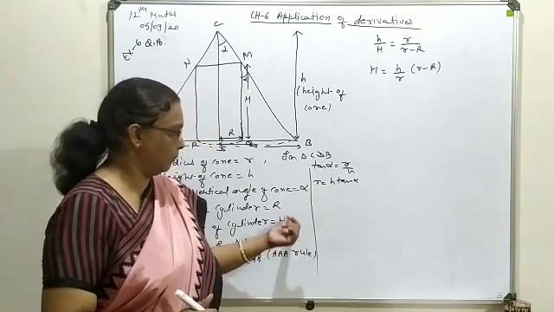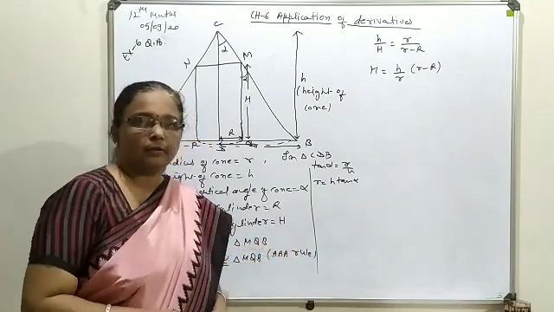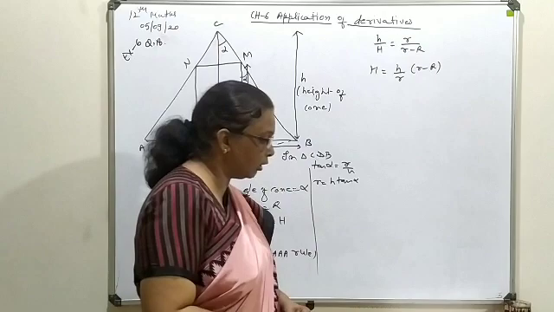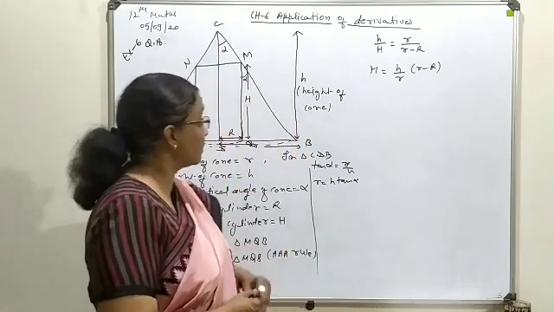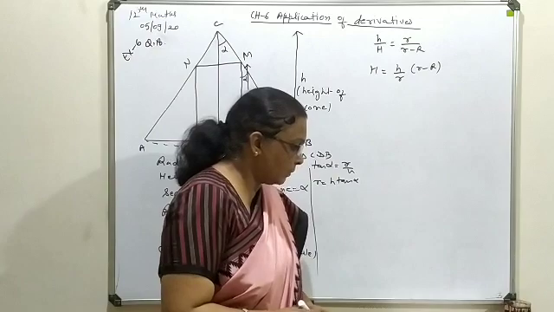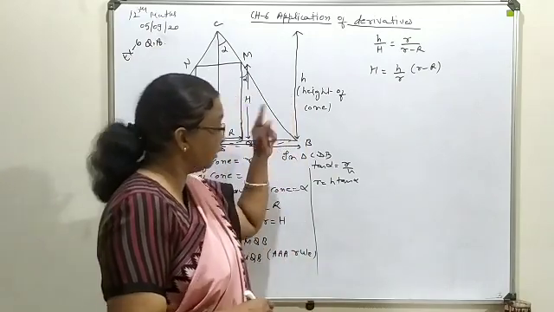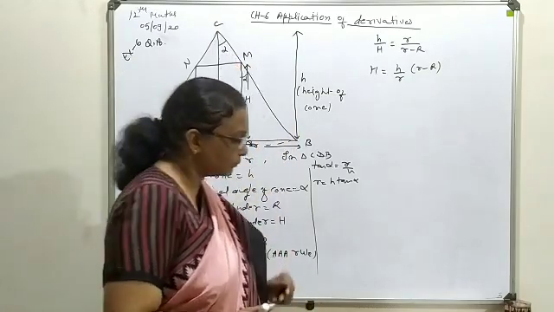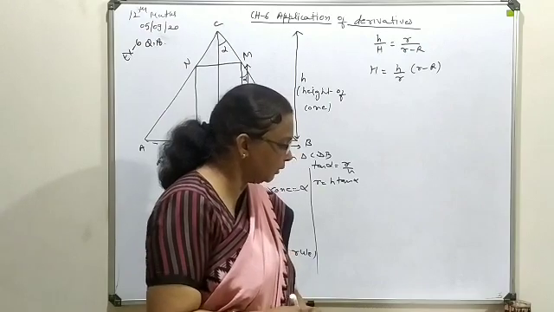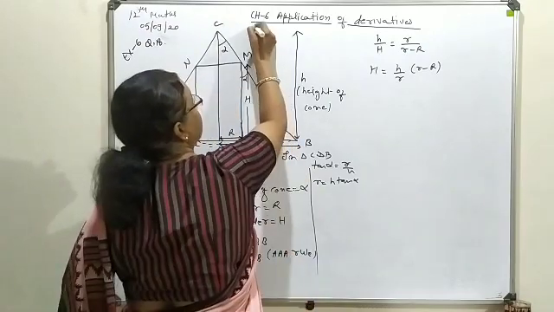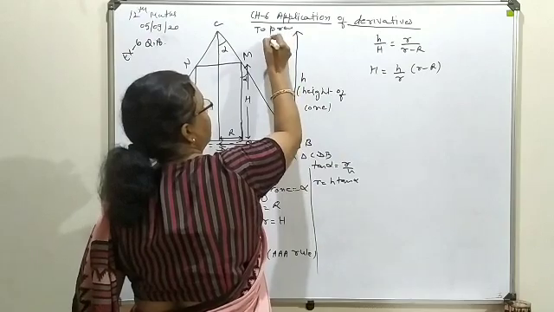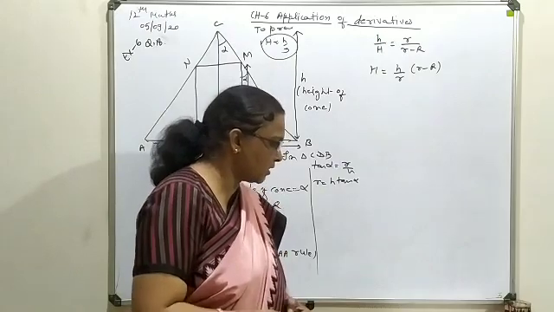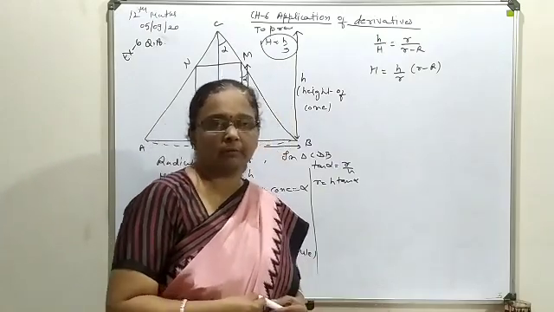Before I explain all these things, let's try to understand your question form. You have to show that the height of a cylinder of greatest volume, means this h, which can be inscribed in a right circular cone with height H and semi-vertical angle alpha, is 1/3 of the cone. Means what we are going to prove is that h is equal to H by 3. This is the relation to be established, and the greatest volume also we have to establish as a given relation.